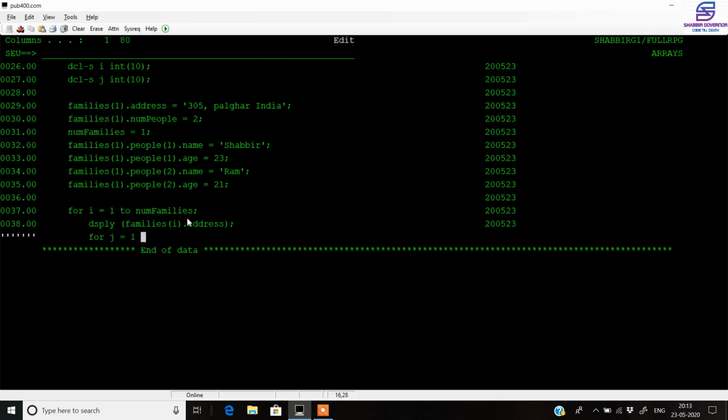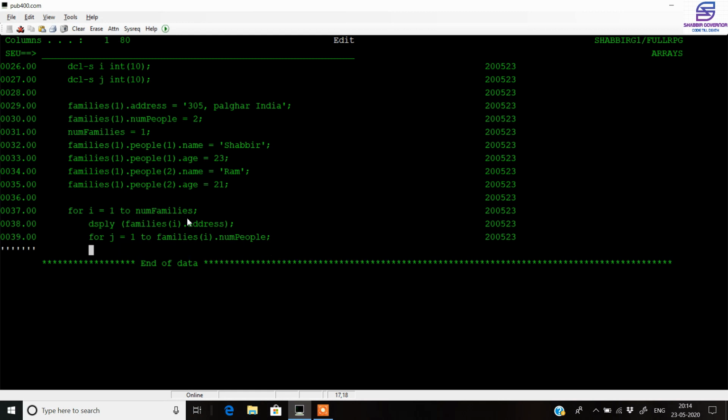So we go inside J to families of I dot number of people, and for this one we display the ith family dot people, the jth family member name.